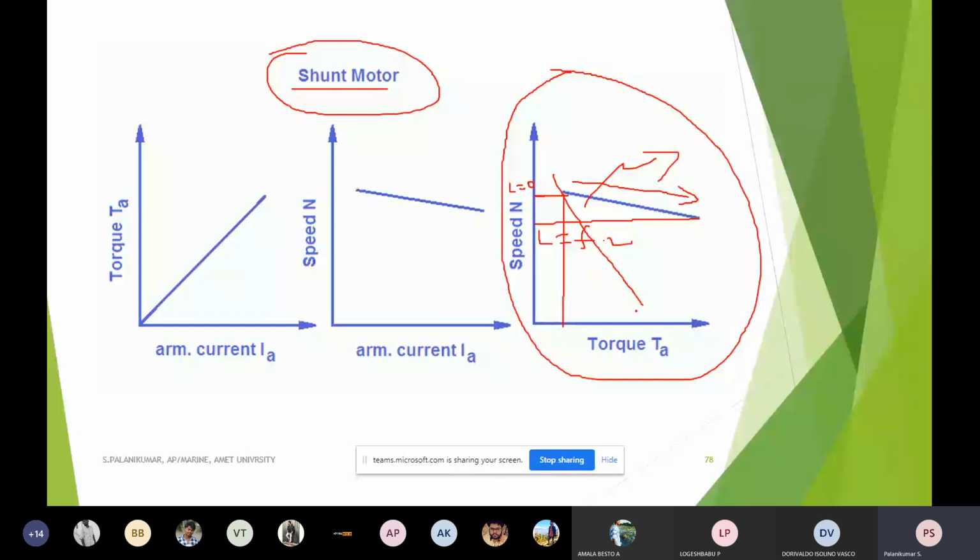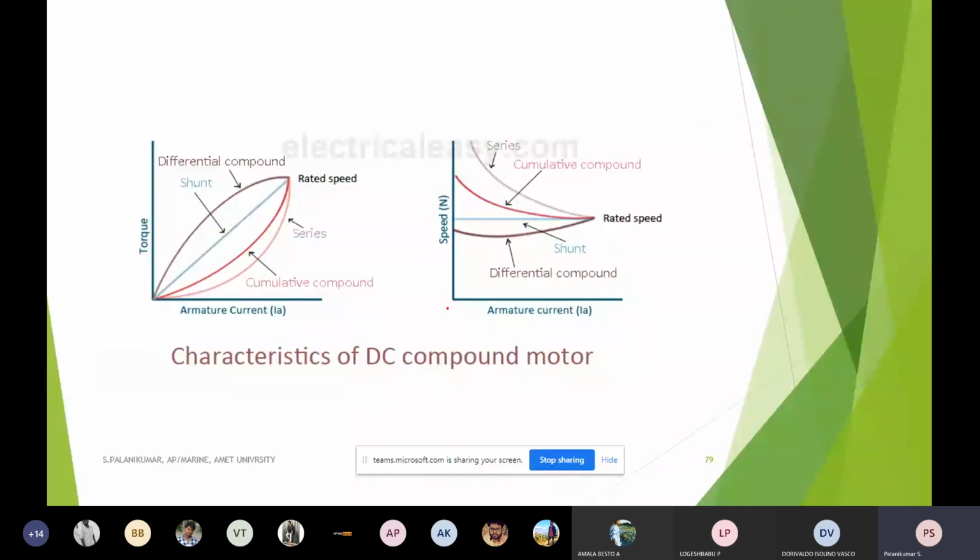So the torque also, if you see, it is not constant torque, it is constant speed. If you see the speed here and here, it is nearly constant, whereas we can vary a wide range of torque. This is the reason why we have used the shunt motor. Of course, the shunt motor configuration we have not used. The next one is DC compound.